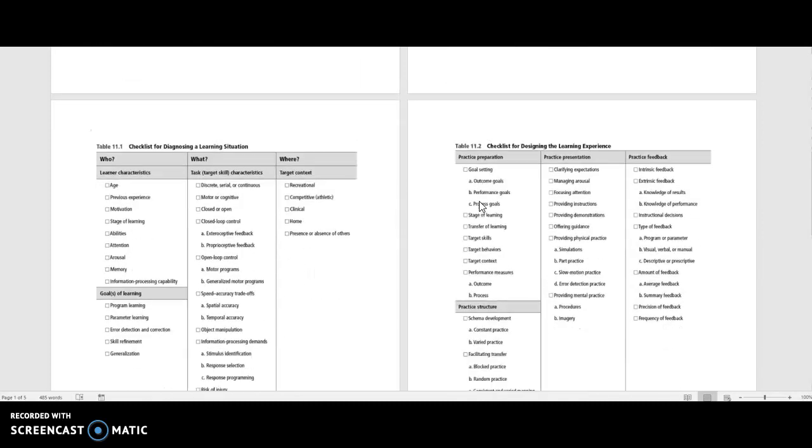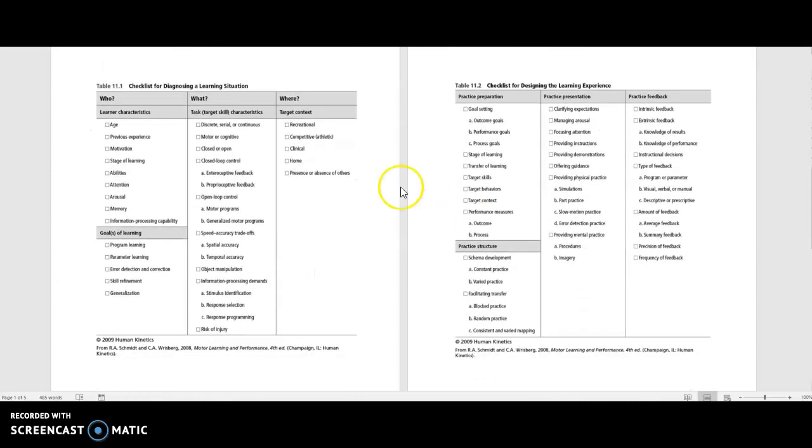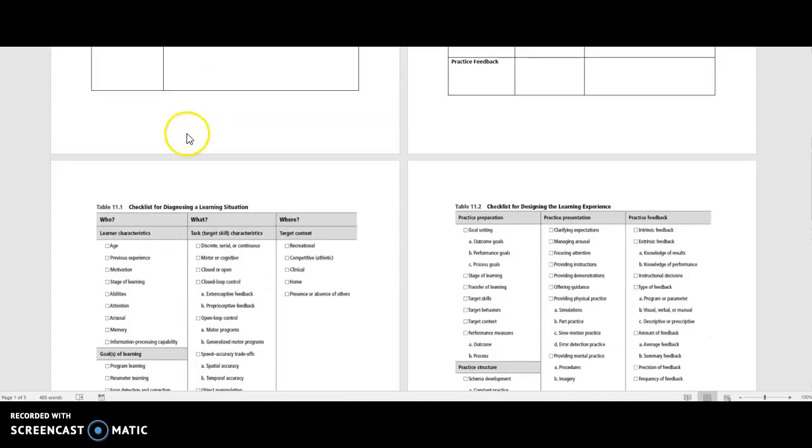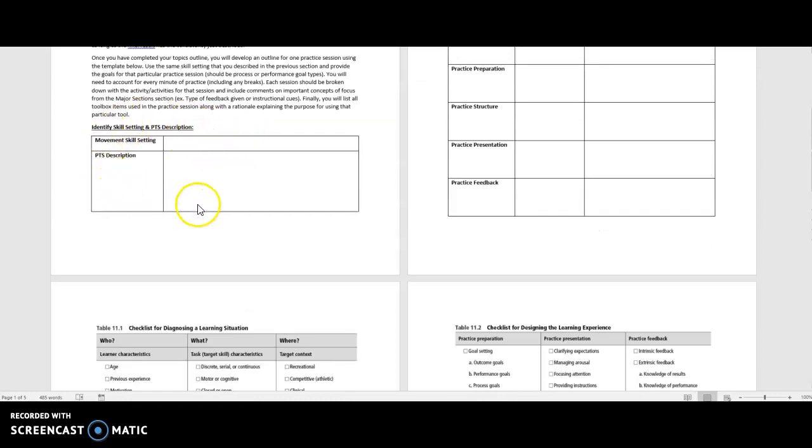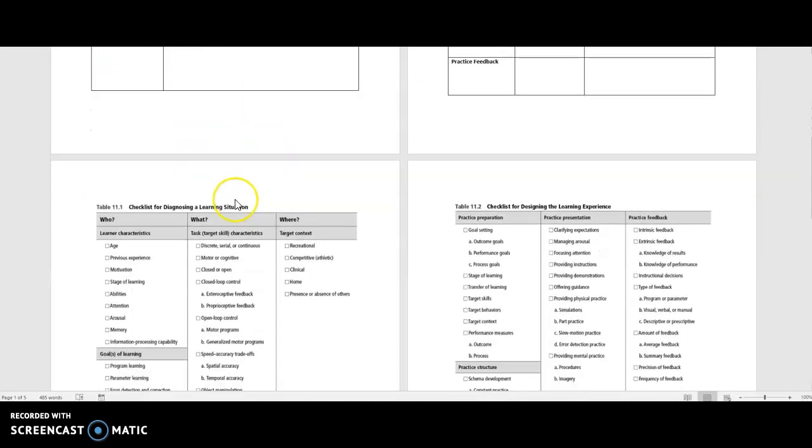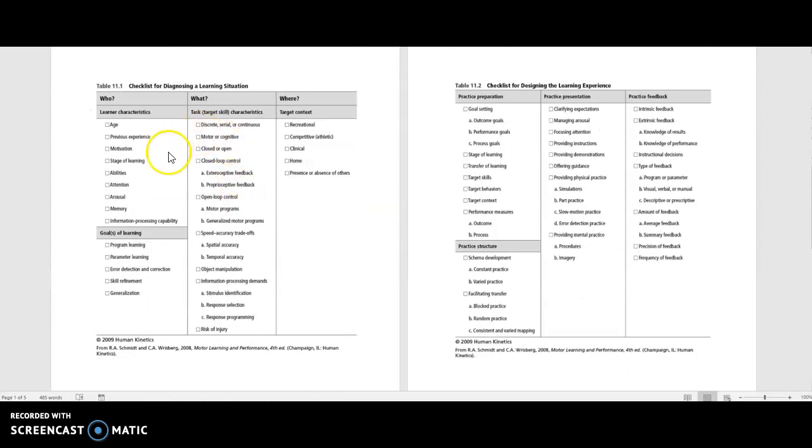So the first one is diagnosing what the learning situation is going to be. So who are we working with? What are we doing? Where are we doing this? Kind of that person, task, setting, right? So that's why it's going to be important for you to identify this with as much detail as you can, so that when you move on over here, it helps you to decide which topics I want to speak